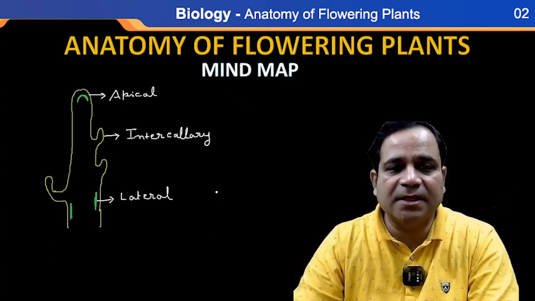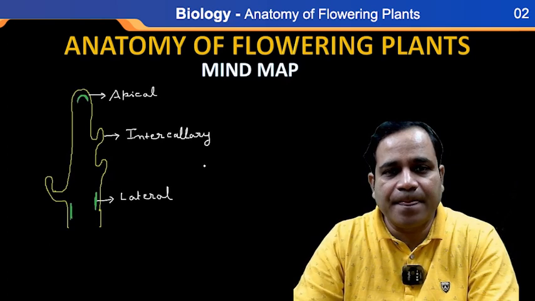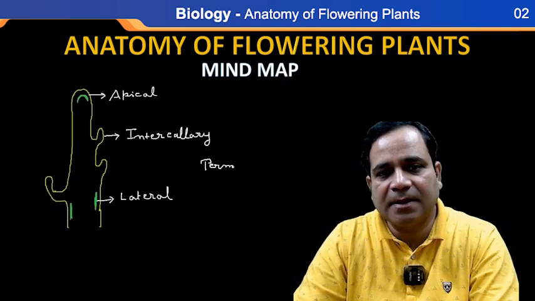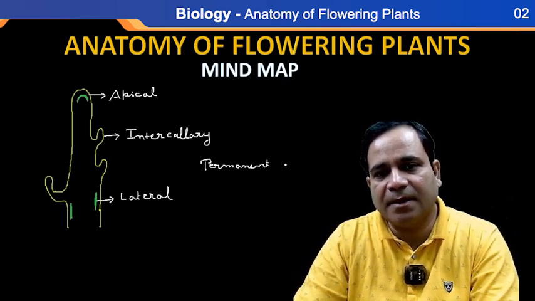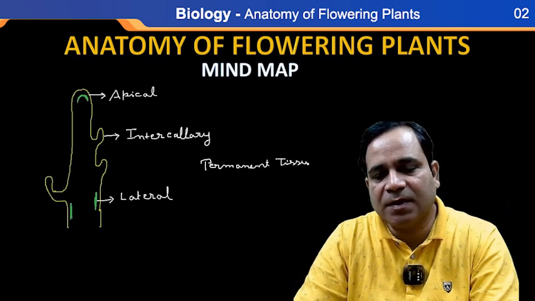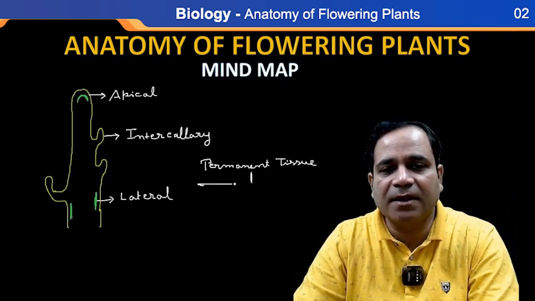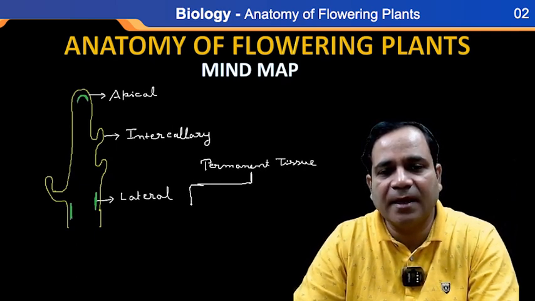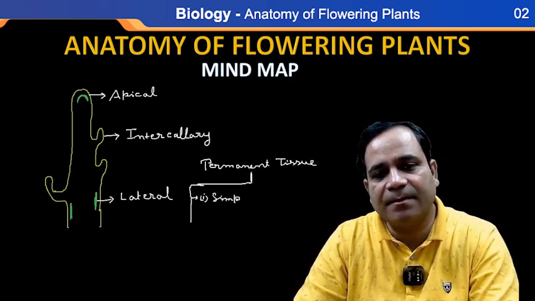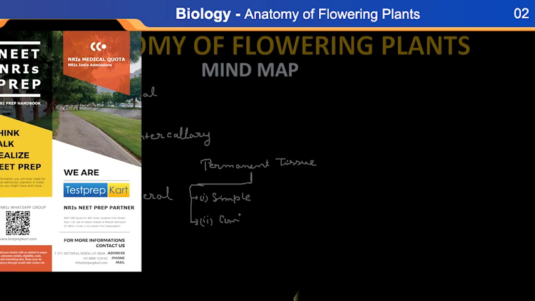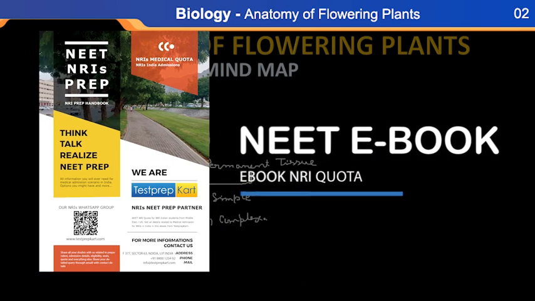So let's see here, permanent tissue. Permanent tissue can further be classified into how many parts, my dear? It is further classified in two ways. Clear? One is simple, and the second one is complex. Let's first discuss the meristematic tissue